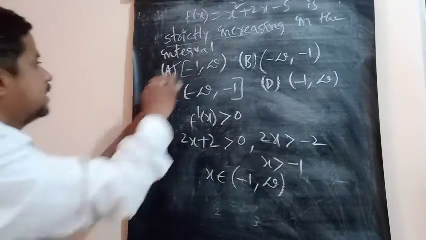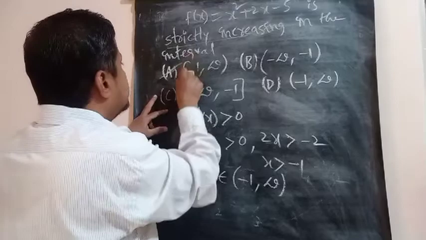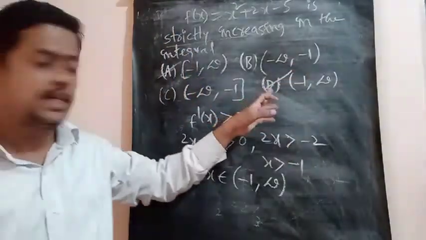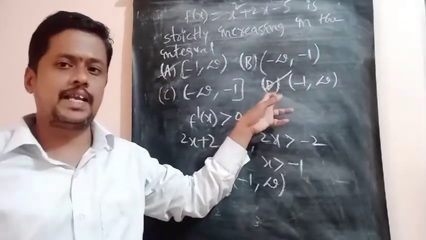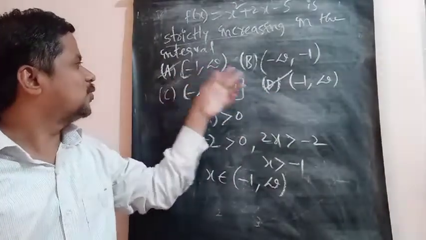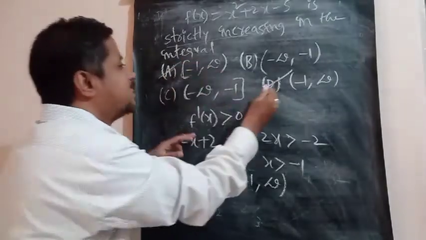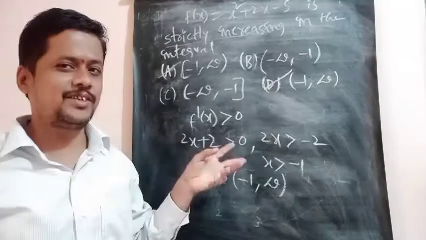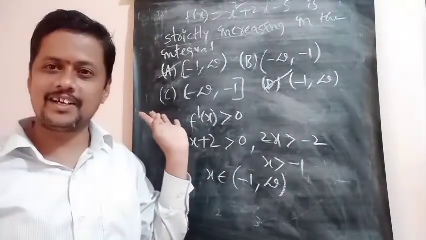Sorry, here a closed interval is there. No, an open interval is there. So option D is the right answer. Already mistaken. So go through this one. This is a closed interval, this is an open interval. We want only the open interval now. That's why. My dear students, check and write the answer.